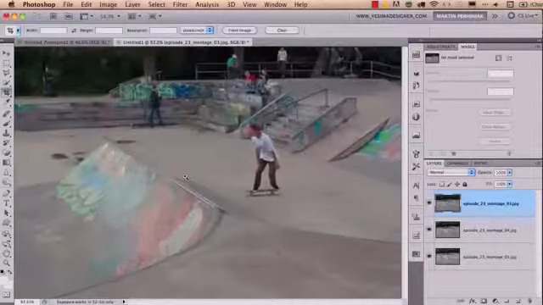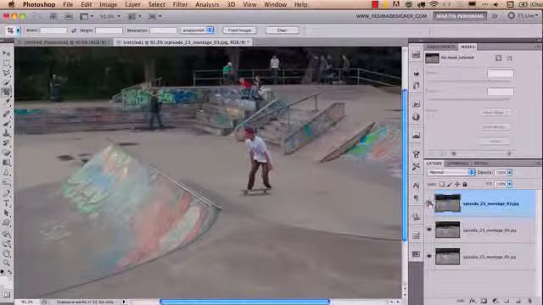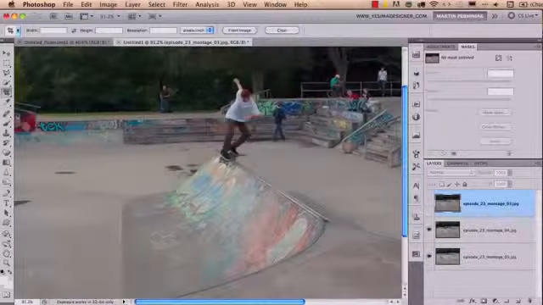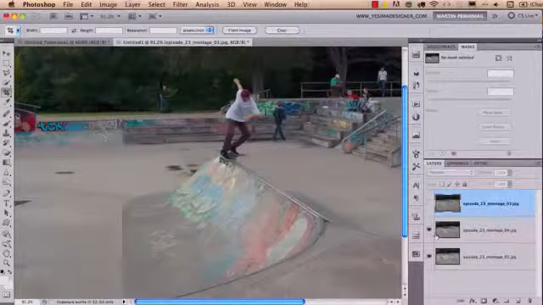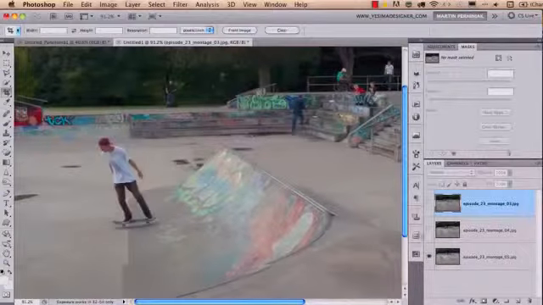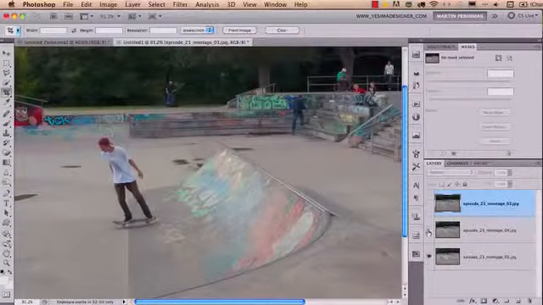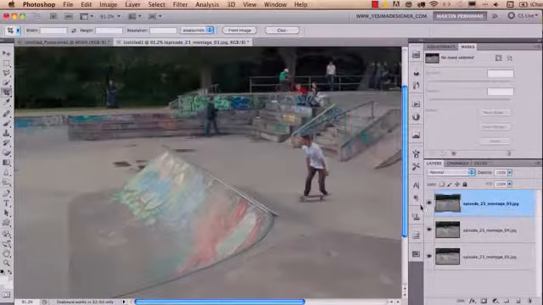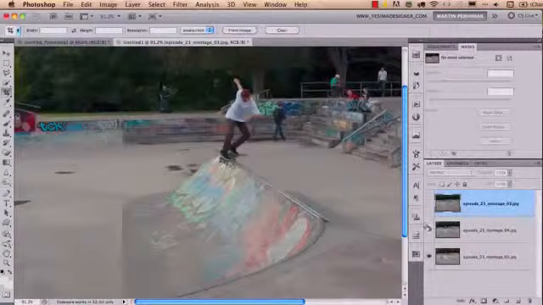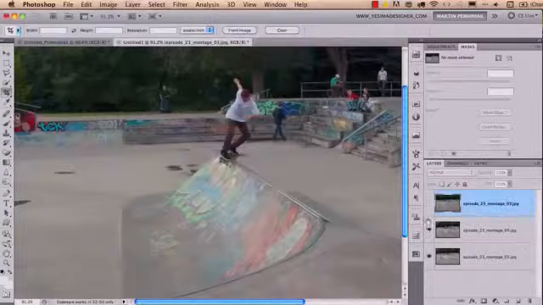If we zoom closer a bit, you can see that we have the skateboarder here on the right in the first image, we have him in the middle on the second one, and on the bottom layer we have him on the left. We can make a montage from these 3 images and see the movement on one photograph. We need to first align the images because, as you can see, I moved a little bit when I took